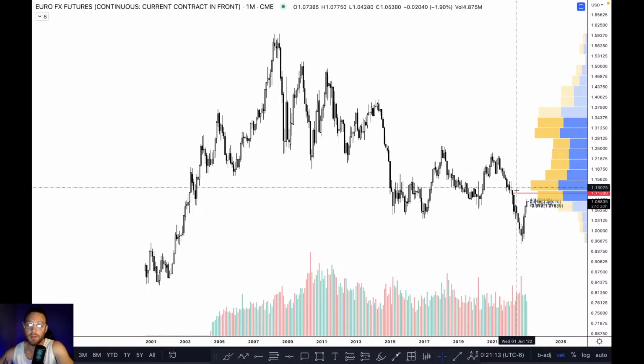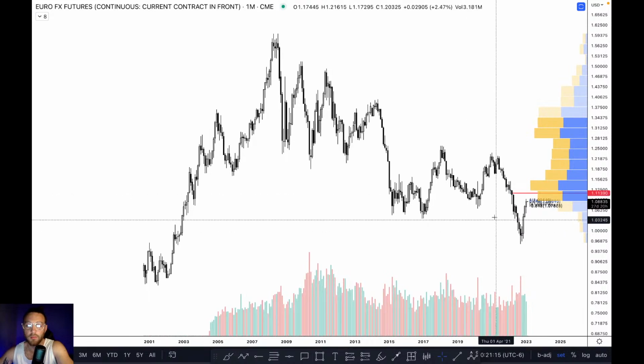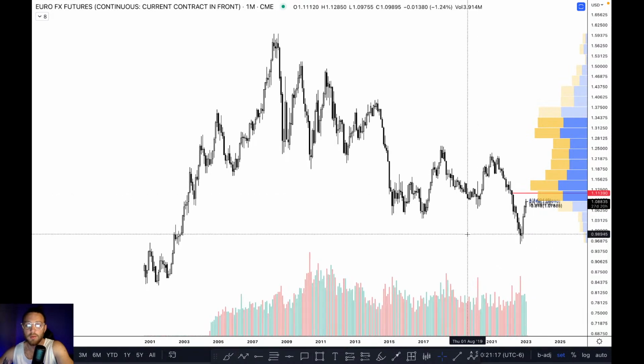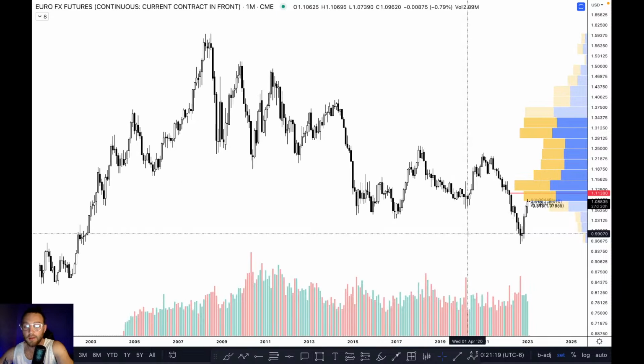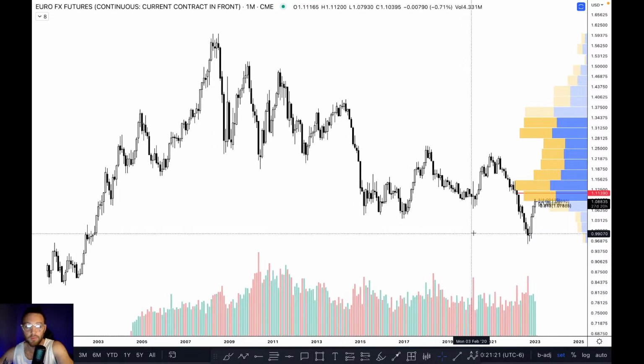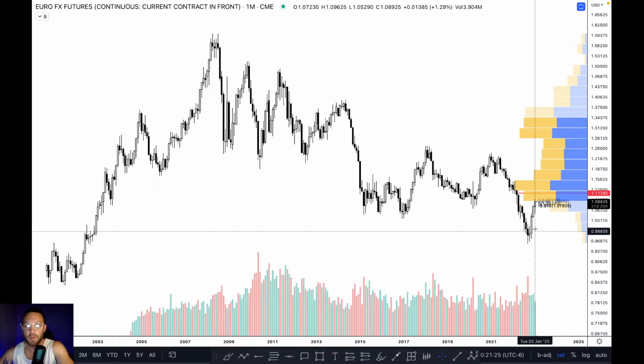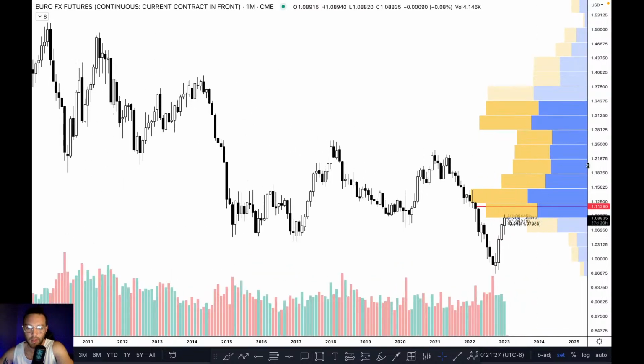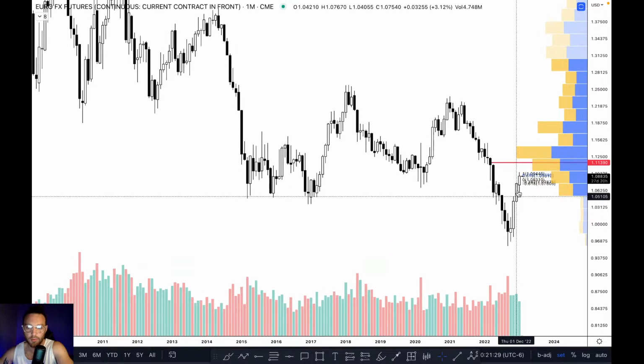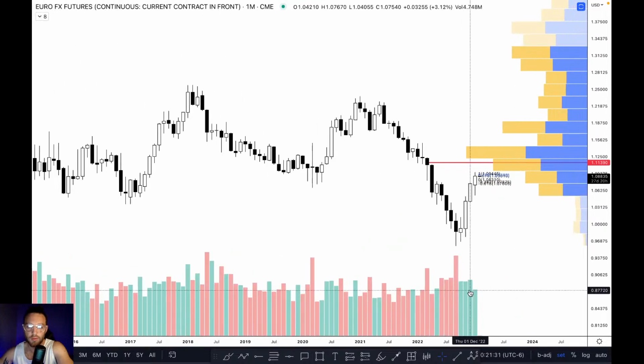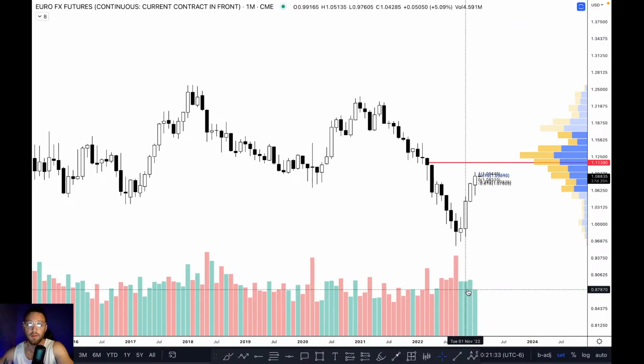All right, in EU, let's look at EU now, because technically EU and the Euro futures are the exact same thing, but we're putting in just bullish candle after bullish candle after bullish candle. The volume is not necessarily increasing with this as it did with the bears, so there is most likely one more leg down,